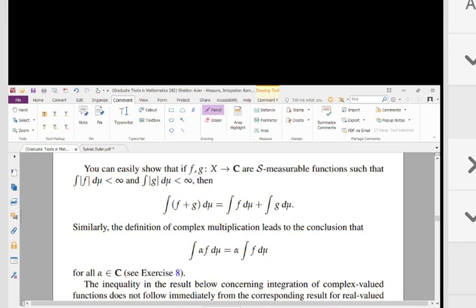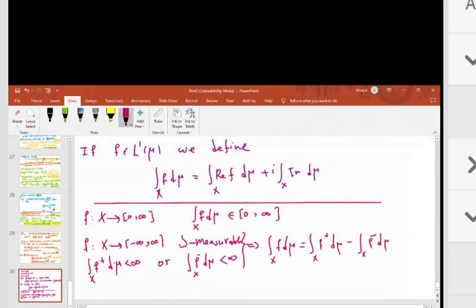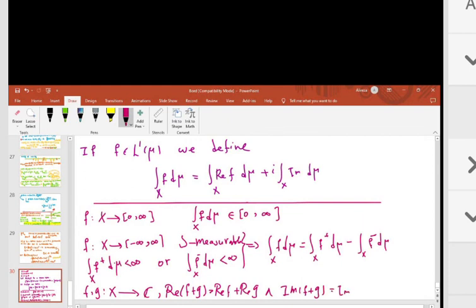This is very, very easy, because for any f and g from x to c, it is very easy that the real part of f plus g equals the real part of f plus the real part of g, and the imaginary part of f plus g equals the imaginary part of f plus the imaginary part of g. Okay,